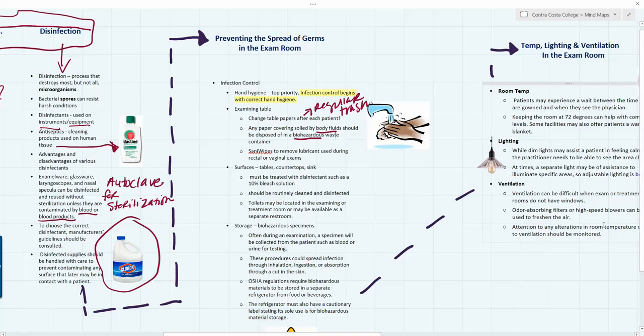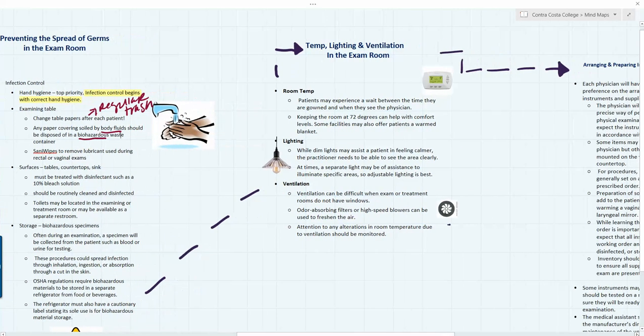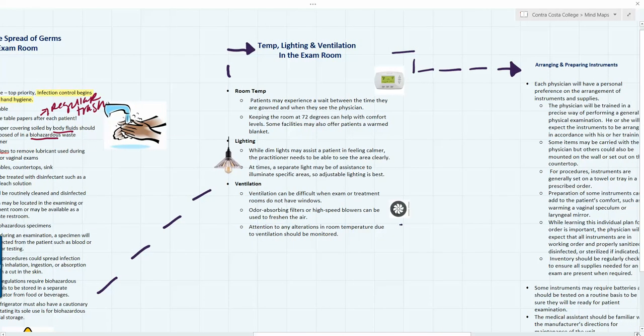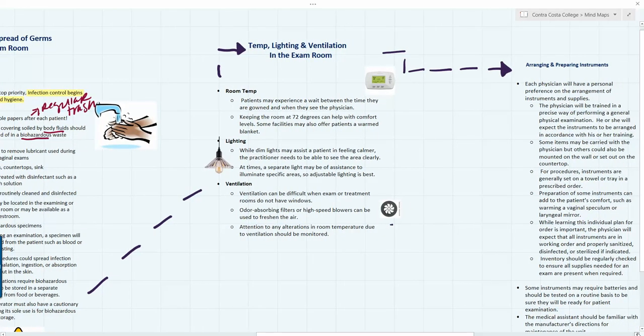So we can move on over to the temperature, lighting, and ventilation in the exam room. And over here, we start with the temperature of the room. Temperature is important because patients may experience a wait between the time that they are gowned and when they see the physician. So if you have ever had to disrobe in the physician's office, your doctor's office, you're sitting there and you're